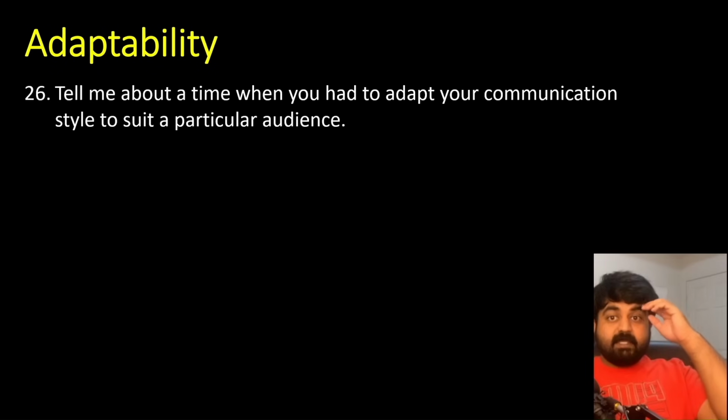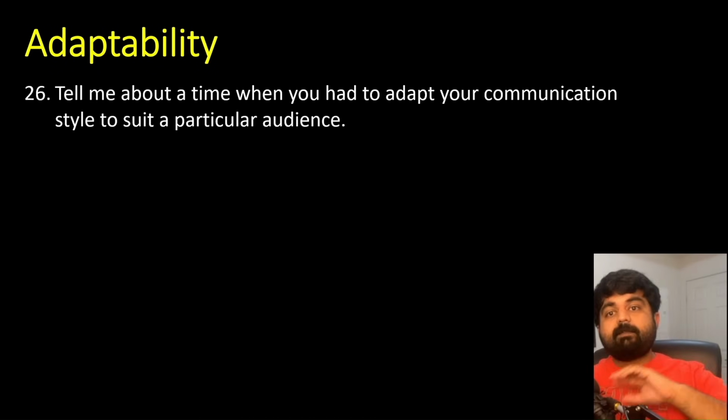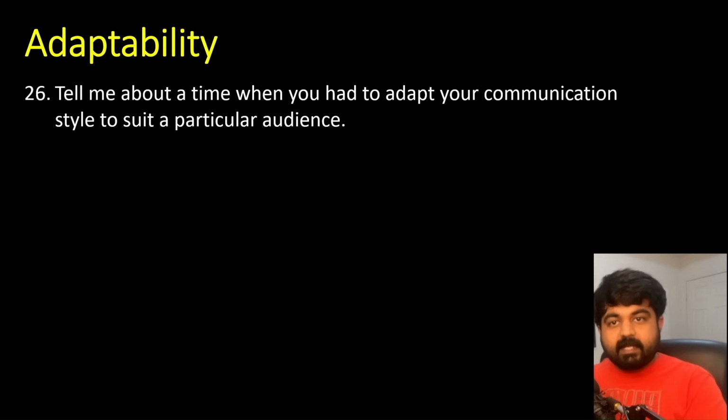If you are speaking with a technical person or developer, you are going to be talking about how the packets are going to be transferred, what the database schema is going to be, how you are going to store the data, how you are going to secure all the data, what GDPR compliance you are going to follow, and whatnot. If you are explaining this to a scrum master, you will just explain that, hey, these are the tasks we need to do, these should be the timelines, these should be the sequencing of the tasks, this is the purpose of each one of them.